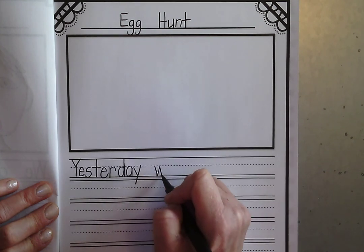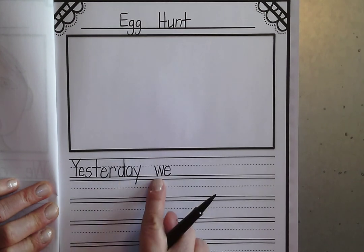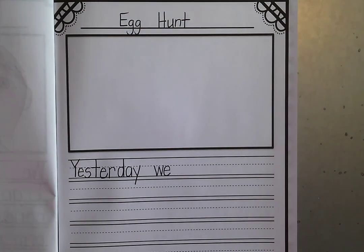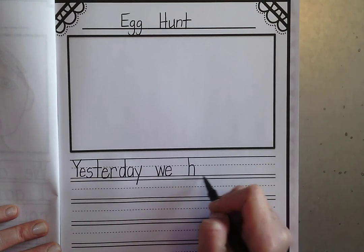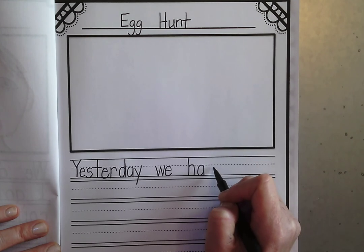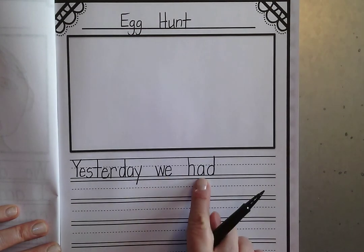Yesterday, well, I use that word a lot. I think I've used that word in every story, so that's a snap word for me. Yesterday, we had. Remember, you can say the word slowly so that you can listen for the next sound. So the first sound I hear is like hat. Add. I hear a like apple and d like duck. Yesterday we had